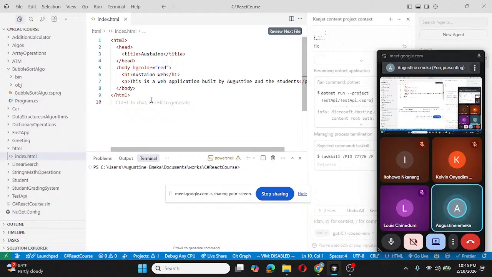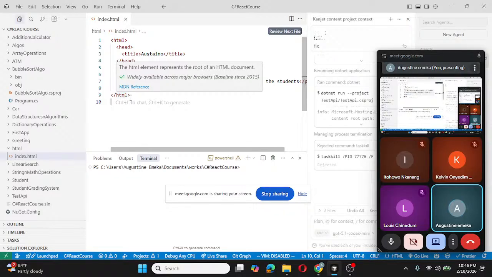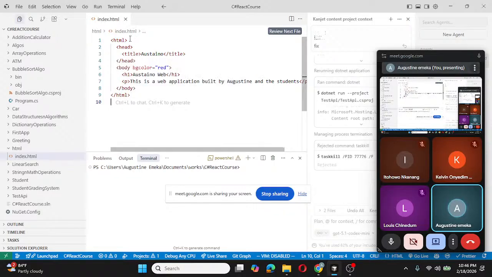So for every HTML document, it must start with the opening tag HTML and close with the closing tag HTML. What I mean by closing tag HTML is, once you're writing the HTML tag, there has to be a forward slash before you write the HTML. Then inside it, you have the head and the body. Then inside the head, you have the title,